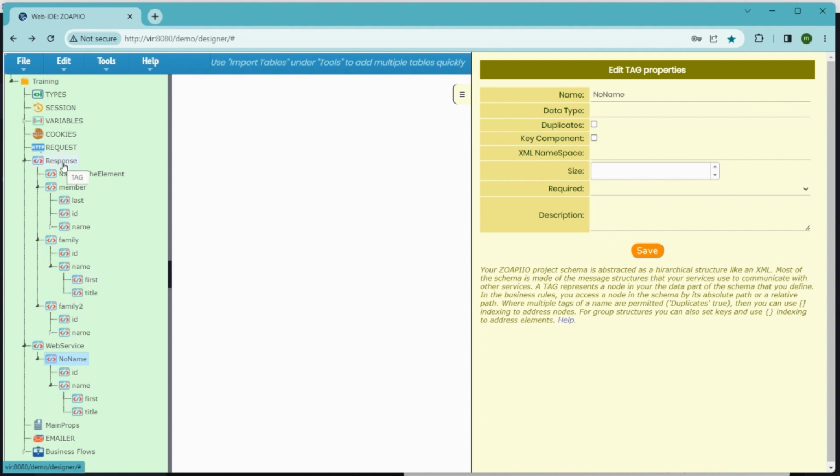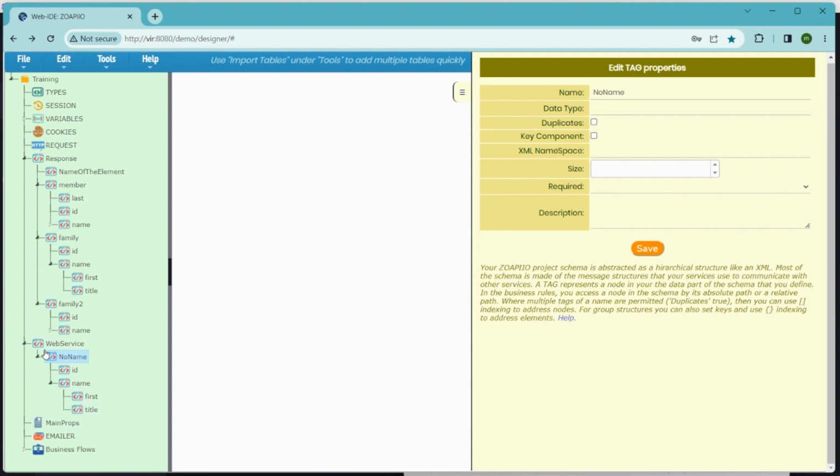And response, like I said, by convention represents the response of the APIs that you are writing. And the web service is by convention the request and response structures of the APIs that you're consuming. And in other parts of the how-to guide, you will see how we work with APIs and how we write and consume APIs. Okay. So for now, staying on the schema,